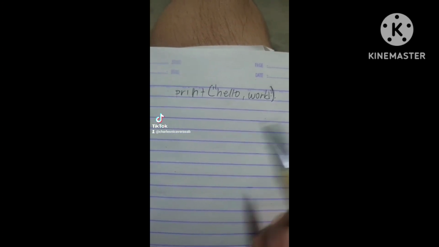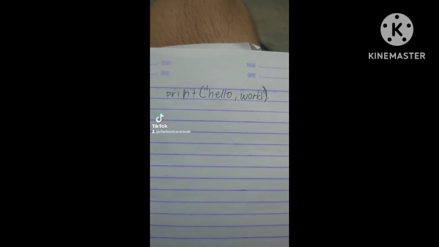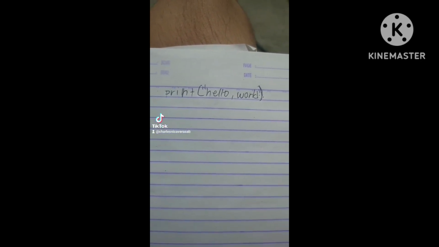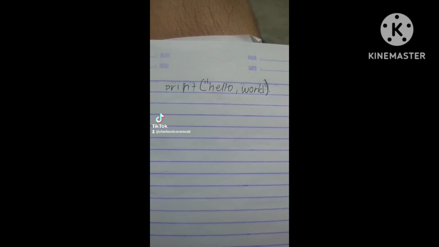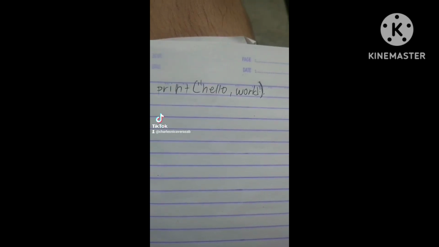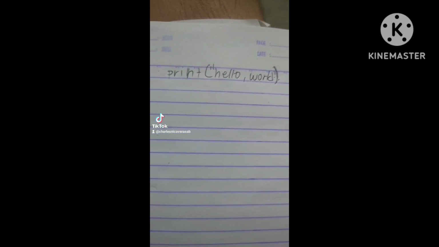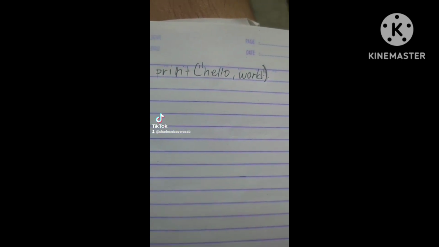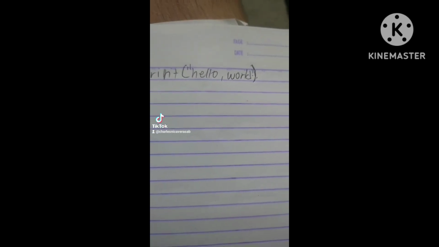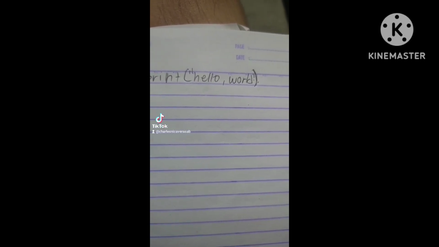Let us keep in mind that if we were printing this in the Python programming language, we should use a close and open parenthesis so that our code will run.